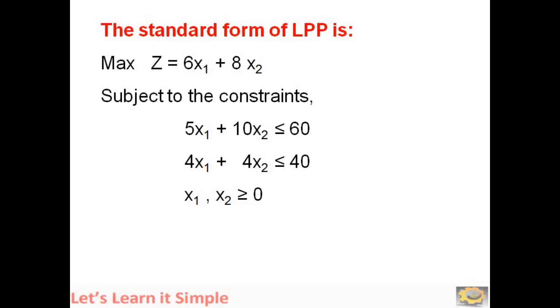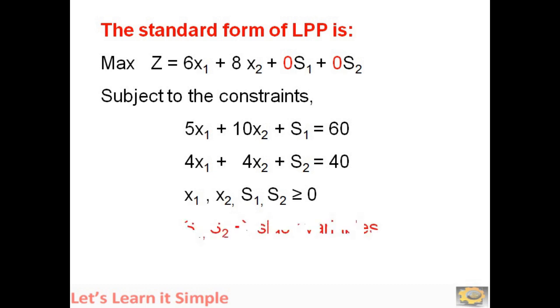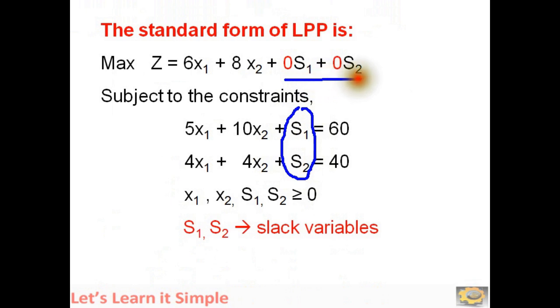How that can be converted, you can see here. I have added S1 and S2 here so that it is equal to 60 and 40, as I said earlier. So when you add something to the first and second constraint respectively, it will be equal. So in the standard form, inequality is converted to equality. Since you have added S1, S2, the same S1, S2 should also be represented in the objective function this way. Externally I have added S1, S2, therefore the same should be represented in the objective function.